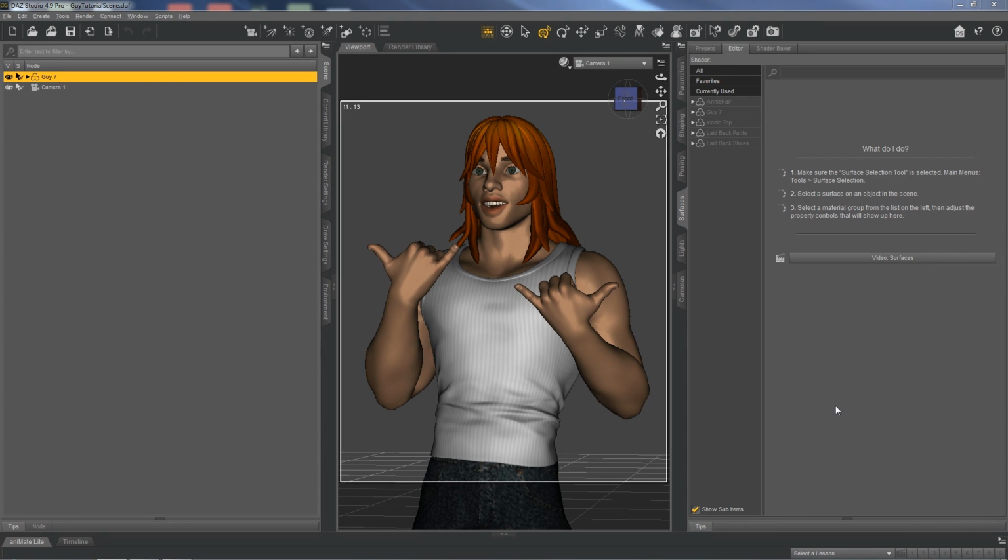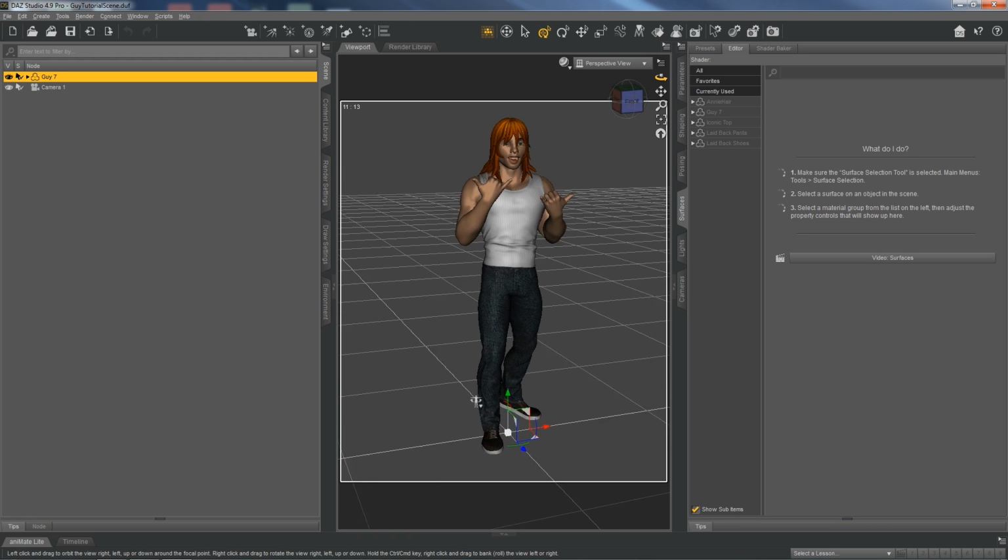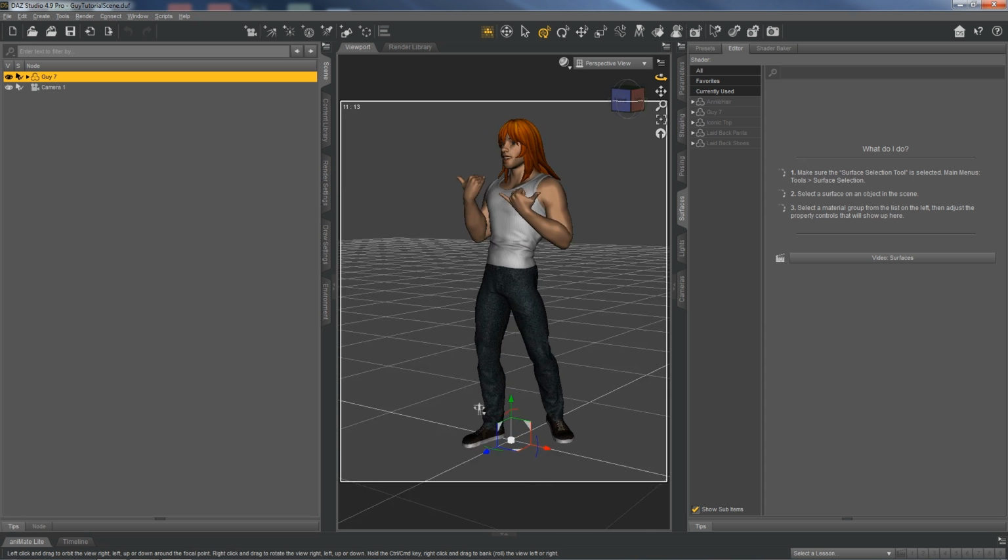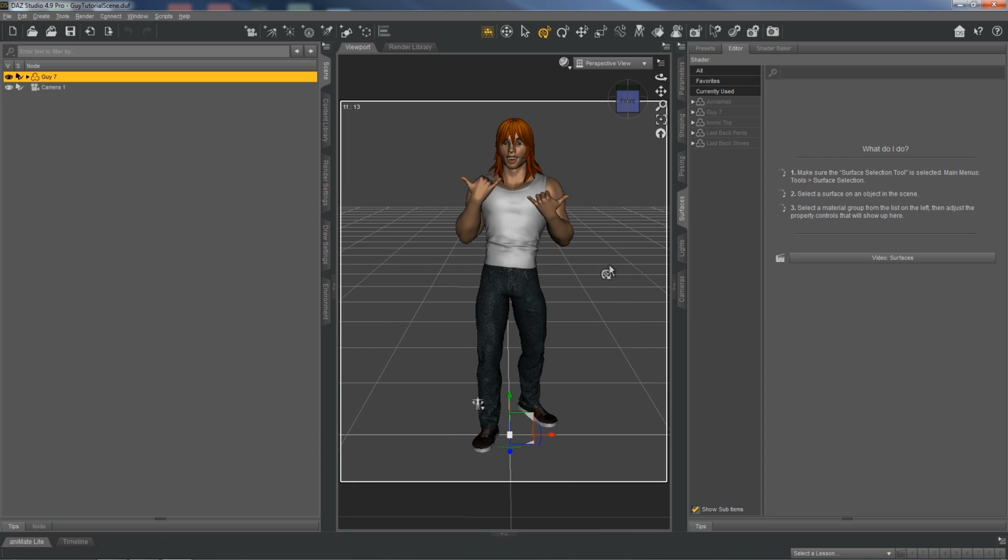For this video, I'm going to be going over a couple of usage tips for my Sketchy shader. I'm going to be showing you how to apply it and how to go through some of the presets to customize the way that it looks. Right now, I just have a Guy 7 figure loaded up into the scene, and he's got kind of a